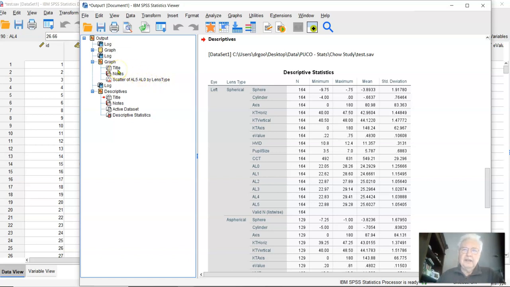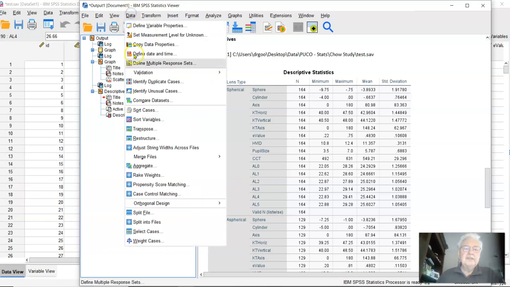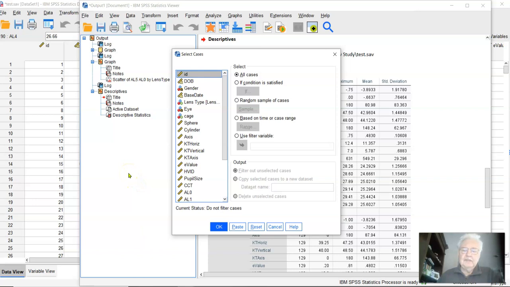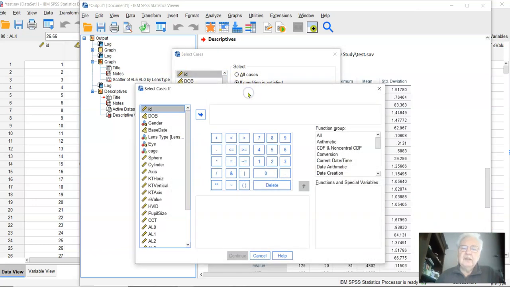Another thing we can look at is select. This is a common one. This is like filter in R. Data split was like group by, and select is like filter. If we look at that, we can set conditions. So let's say we only want to look at spheres